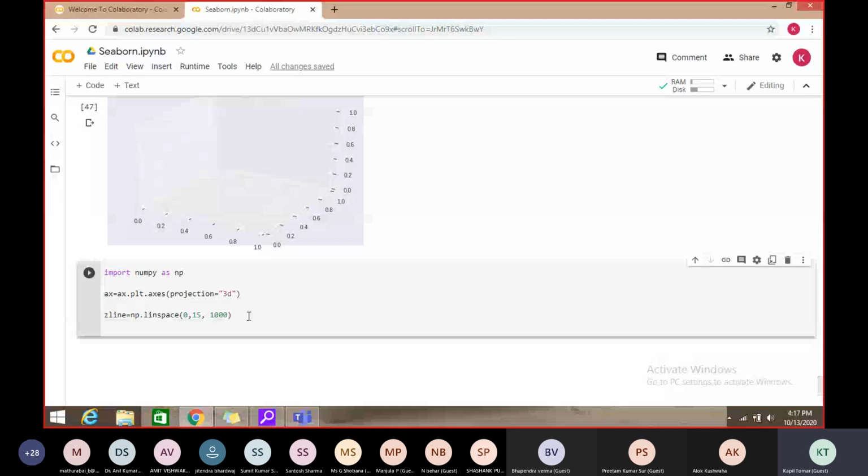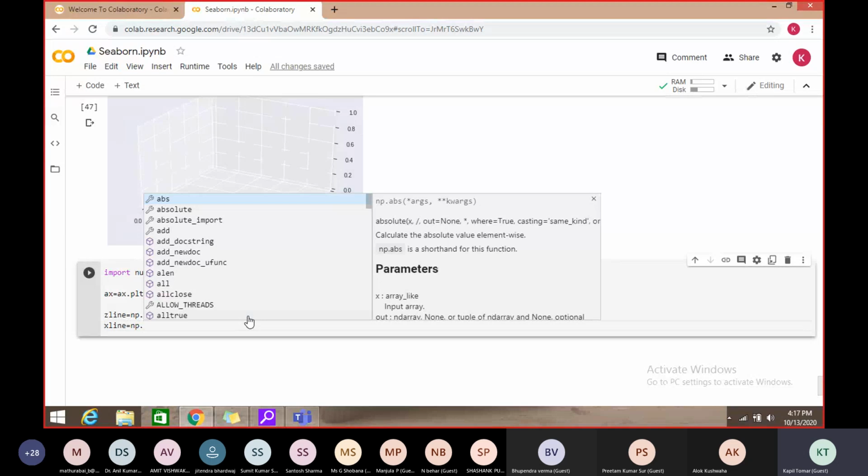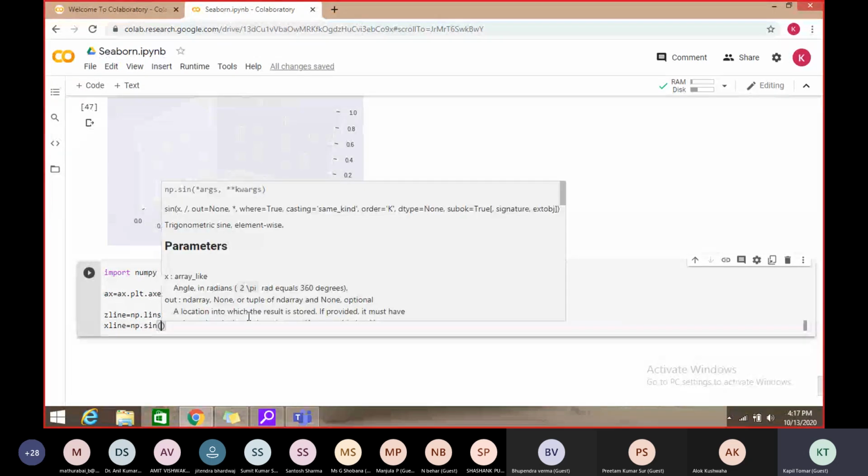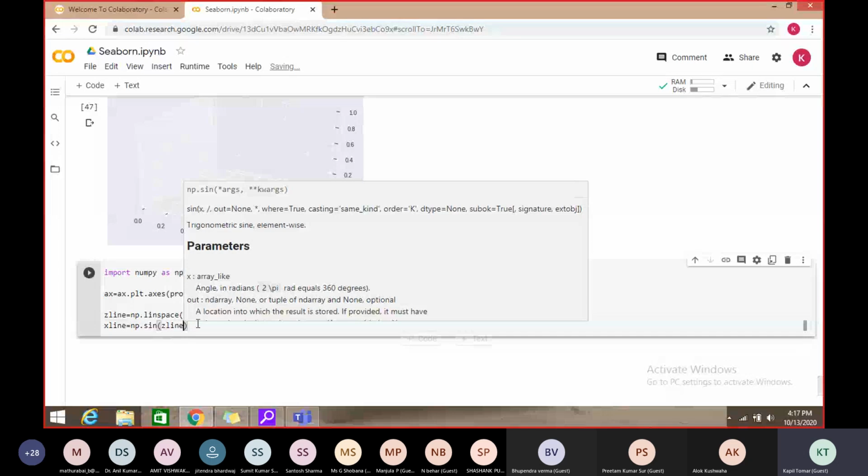And next, X line. X line is equal to, how can we do it, anything. Suppose I want np dot sin of this Z line. Yes, the sin value.